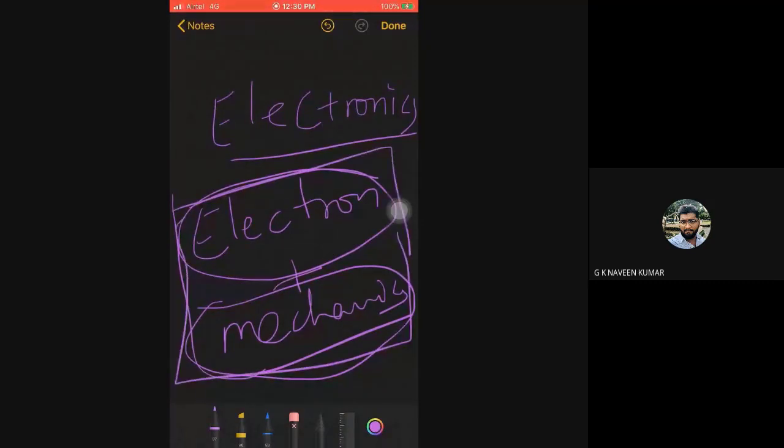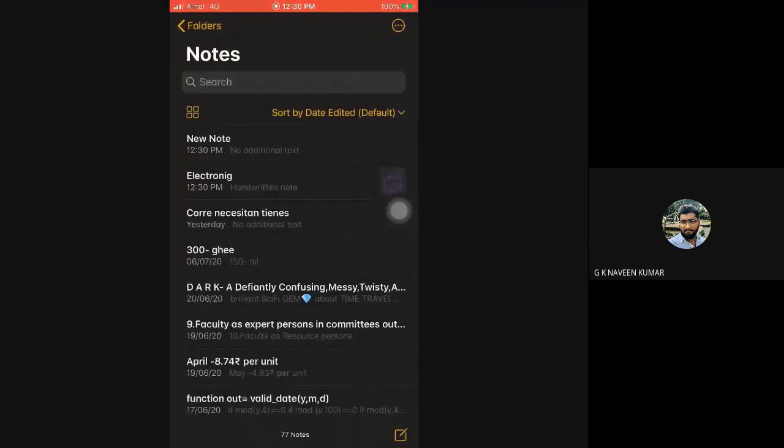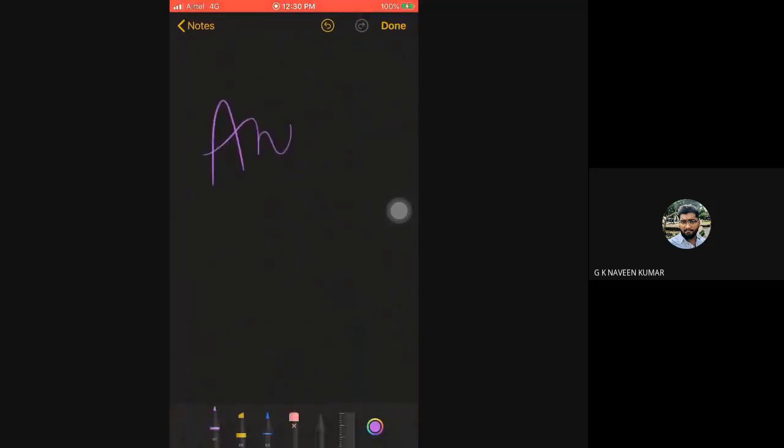What is analog electronics? Analog is a signal, and you might have observed analog devices. Have you done any experiment in the basic electrical lab? Have you used a voltmeter and ammeter? Do you have an analog watch? Did you see an analog watch? Yes, sir. What is the difference between an analog watch and a digital watch?